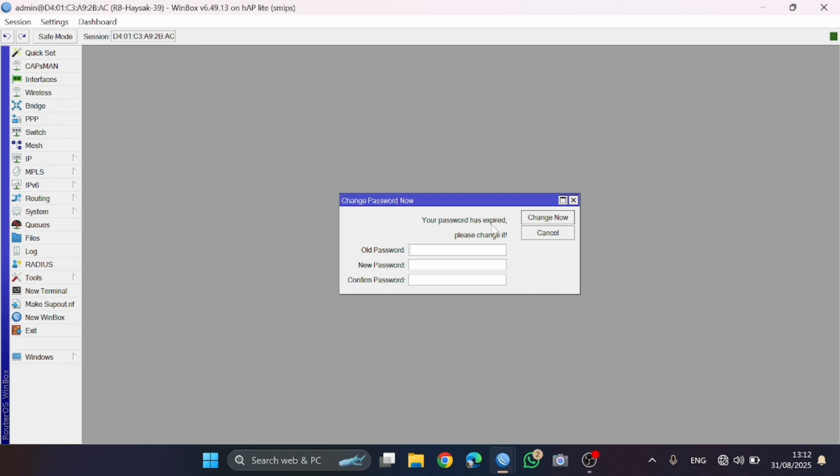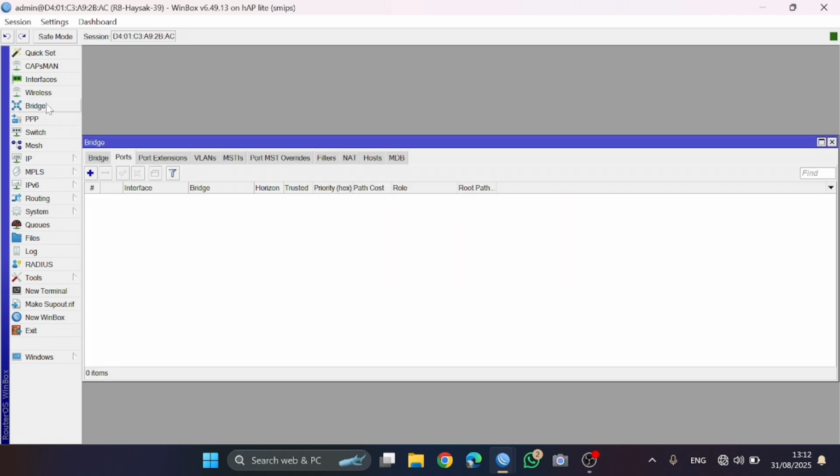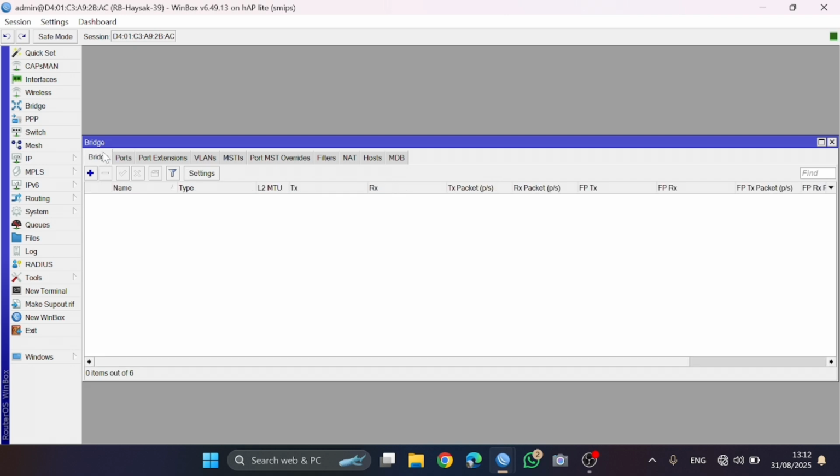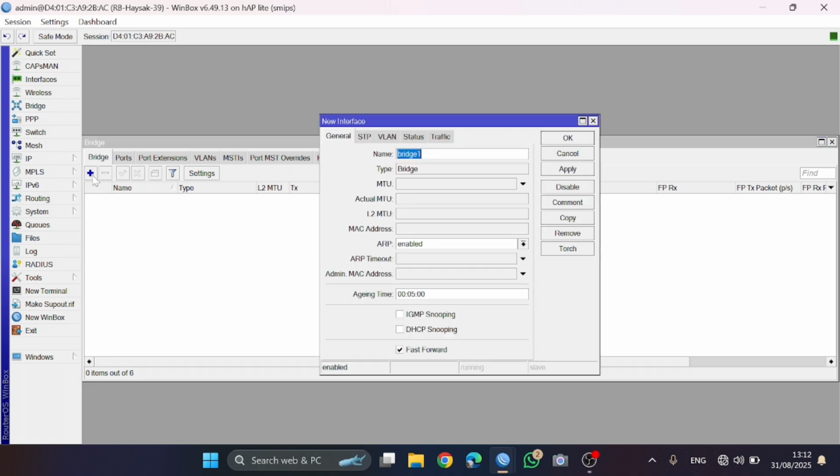Tap in MikroTik, click Bridge, and in the Bridge tab, click Add and the plus, then click Apply and then OK.